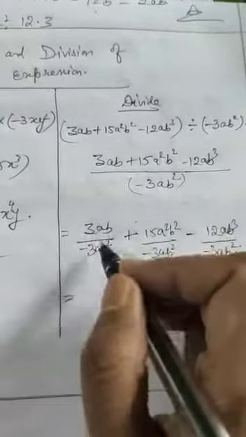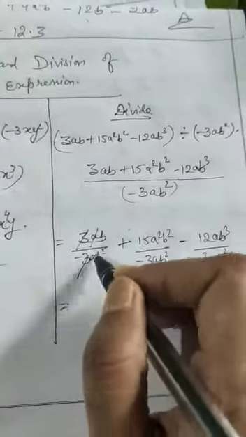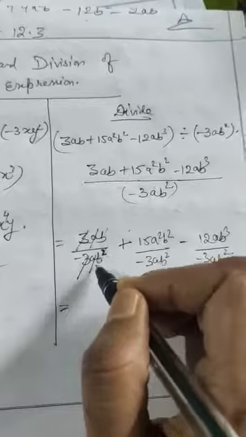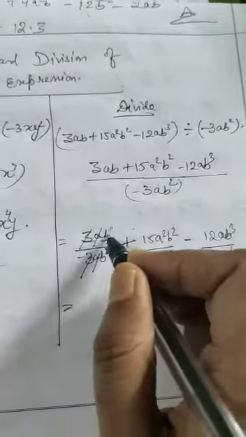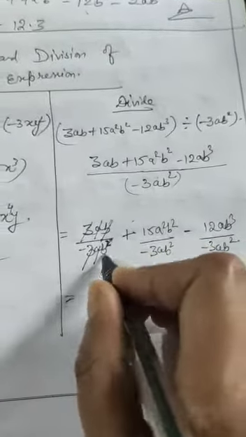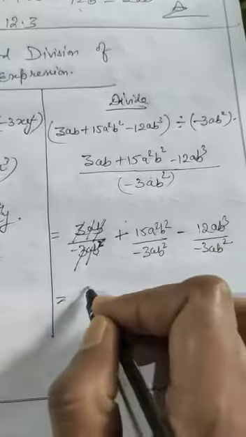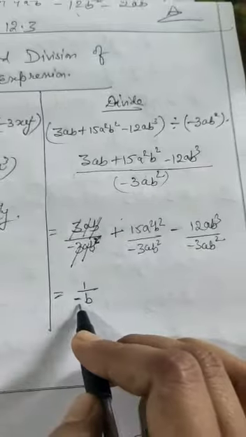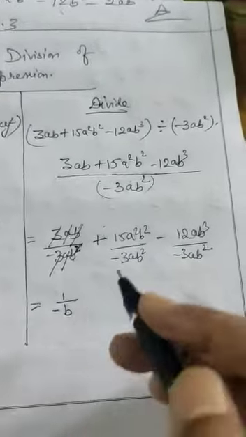Okay. Now you can cancel out. 3 3 you can cancel. A, there is 2b, means b square. There are 2 times b in the numerator, so there is 1 time in the denominator. So 1 and 1 will get cancelled, but 1b will be left here. 1 by minus b. This minus sign also. Be careful with the sign.